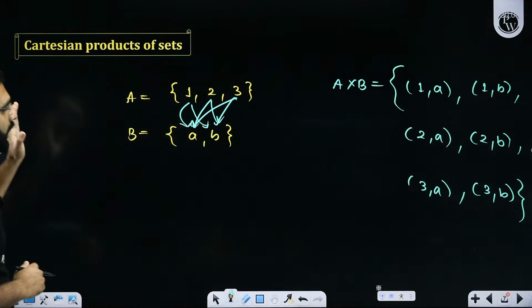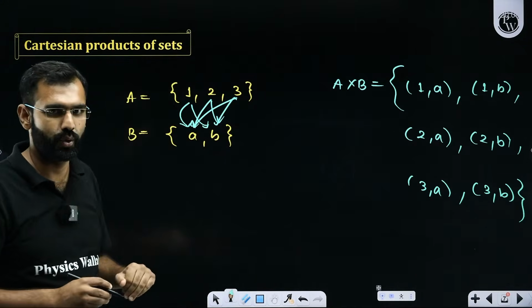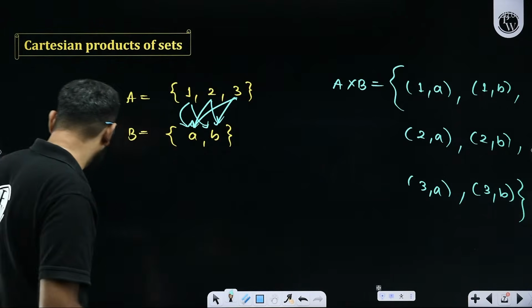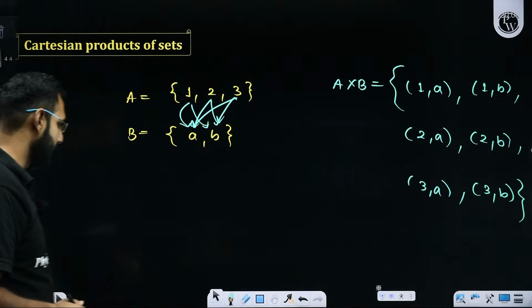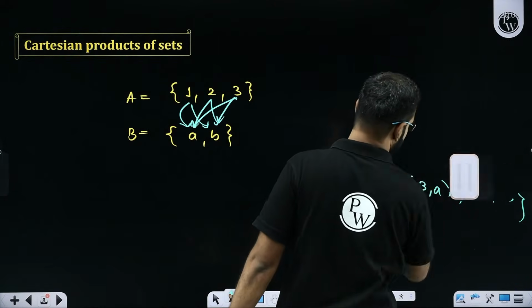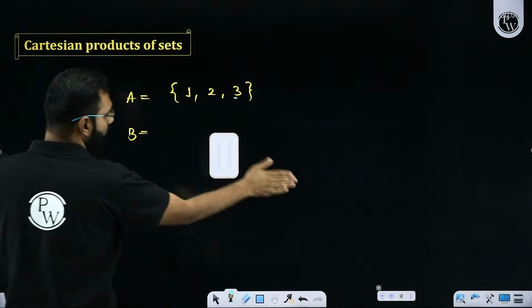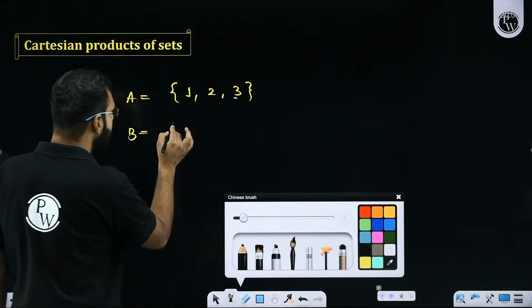Here we are. I hope everybody is realizing that when I write A cross B, I am mapping the elements of A with B. What does it mean? It means, let's say I wish to write B cross A. In that case, what would happen, sir? I hope everybody has realized very clearly that if A cross B is something, then B cross A could be something different. Indeed, it would be.